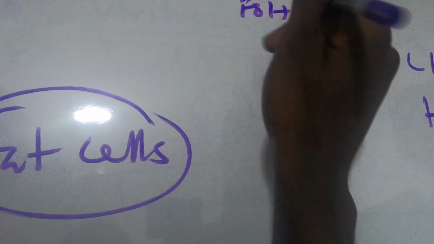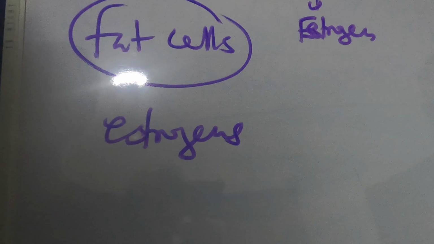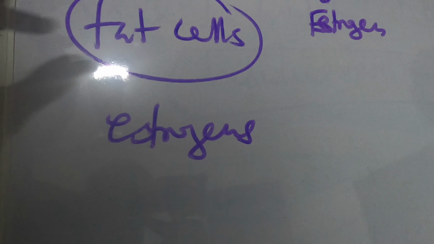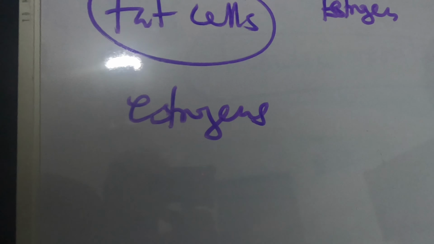Alright, so let's look at how we will treat PCOS, looking at this diagram. So first of all, let me target the fat cells. Now, the fat cells, we made mention of obesity being a major risk factor for PCOS. Now, one way to reduce your fat cells is to exercise or reduce weight. So weight reduction is one. Now, I made mention of insulin resistance or insensitivity in my PCOS video.